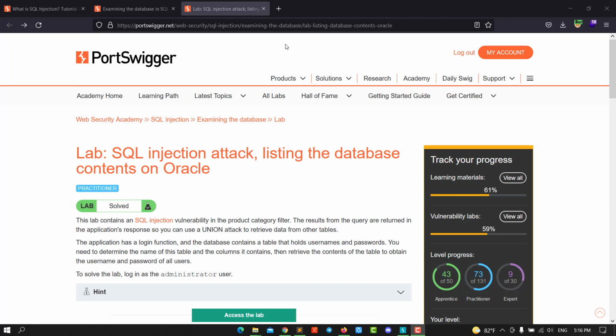Today I'll walk you through how to solve the lab SQL injection attack, listing the database contents on Oracle. This lab contains SQL injection vulnerabilities in the product category filter. The results from the query are retained in the application response, so you can use a UNION attack to retrieve